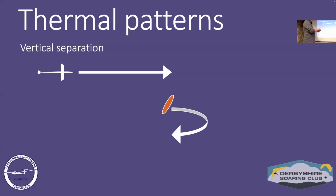So vertical separation, if a sailplane comes in above a paraglider or a paraglider comes in below a sailplane, then I think we established that depending on the thermal environment, maybe the paraglider will climb a little bit faster, or the hang glider will climb a little bit faster, but not necessarily a lot. So in this situation, perhaps the sailplane can expect that the paraglider might come up to meet it. So the idea of being aware below you is quite important,